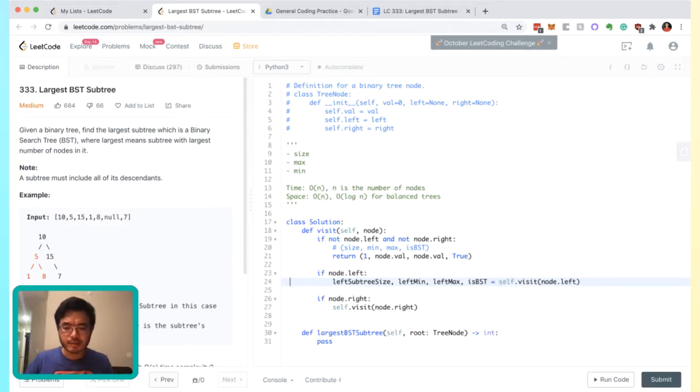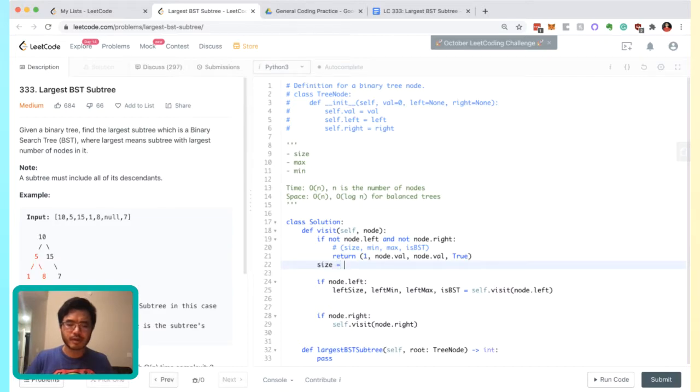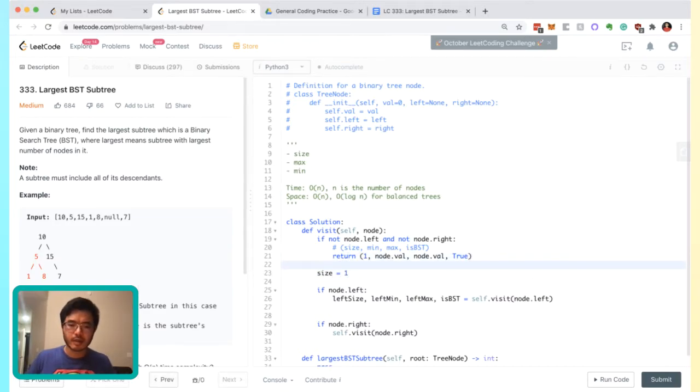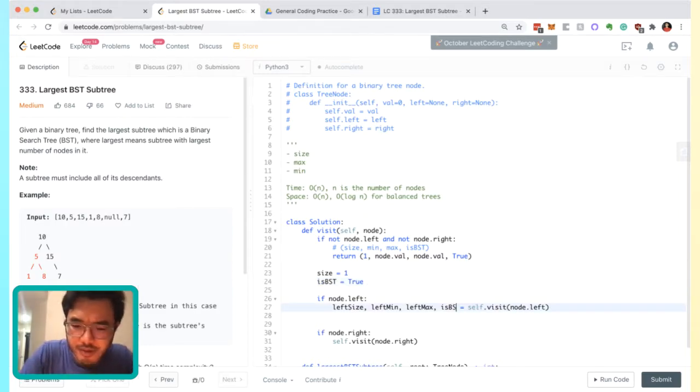I'll just shorten this to left size. Going to have the total size. I'll start this off as 1. I'll assume that BST is true initially. If it's disproven, then